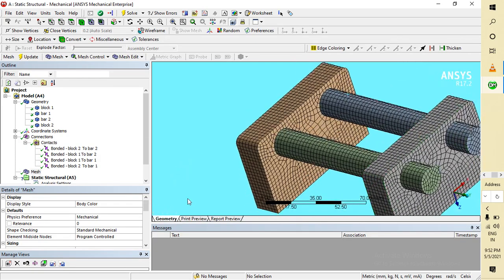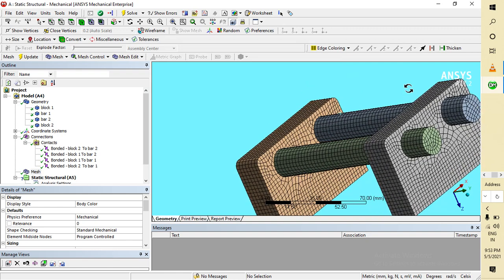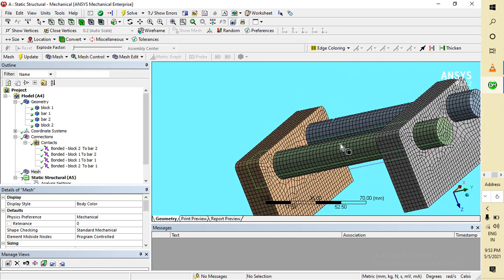Okay, so if you are a mechanical engineer, some of you must be mechanical engineers viewing this. You all know one word, that is stress concentration. Where does stress concentration occur maximum? Where the cross section is rapidly changing. The cross section is changing in this block due to this hole.